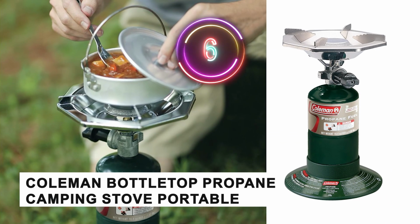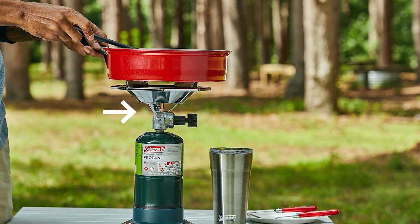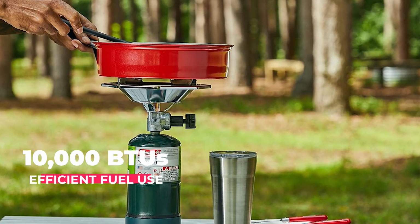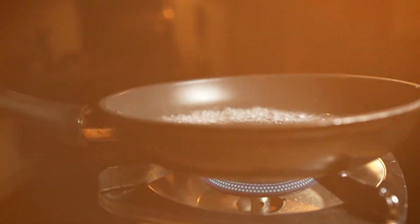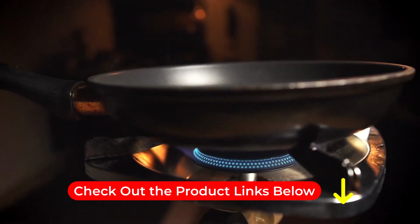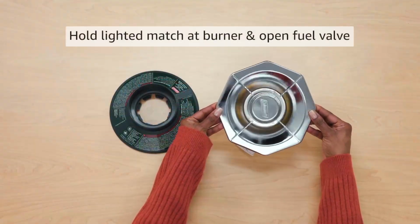The Coleman bottle top represents classic camping stove design done right. This single-burner gas cooker delivers 10,000 BTUs with Coleman's perfect heat technology for efficient fuel use. What sets this camping gas stove apart is the pressure regulator that maintains consistent performance, even in extreme conditions. The wind baffles actually work to shield the burner, and the space-saving design separates the burner from the propane bottle